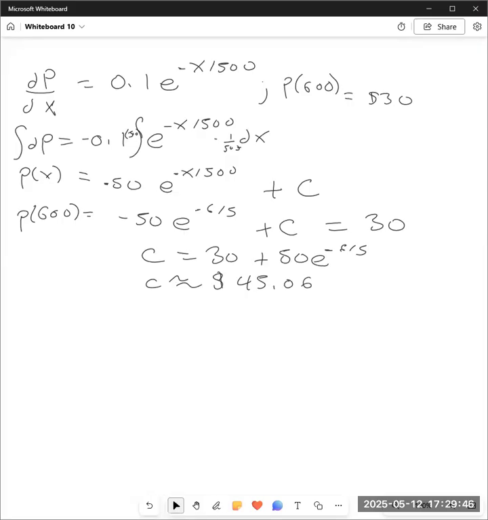So we'll put that back in place of C in our general solution to make our particular solution here. Negative 50 e to the negative x over 500 plus 45.06. Don't put the dollar sign there. Now our question for part B